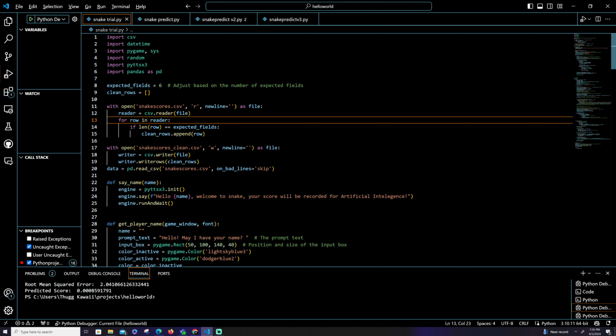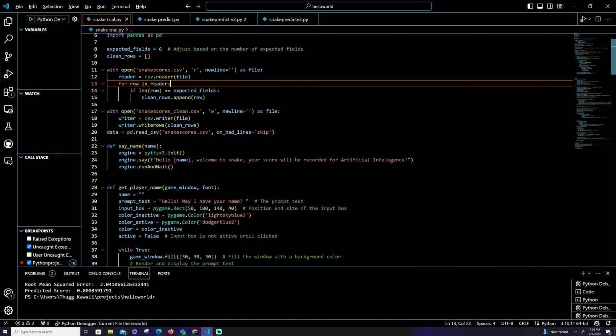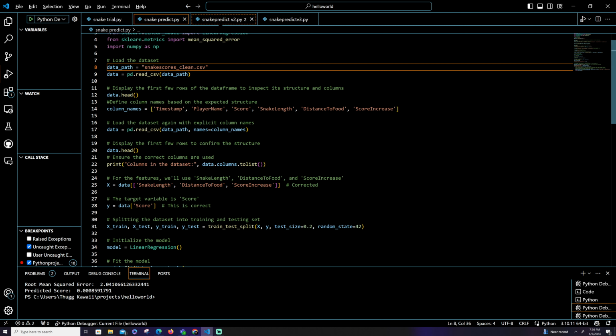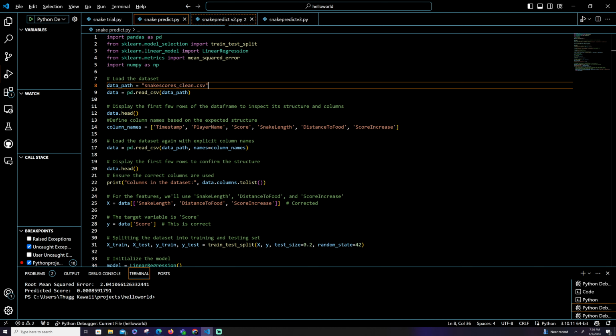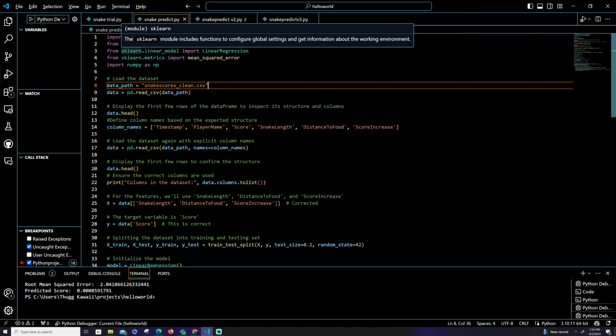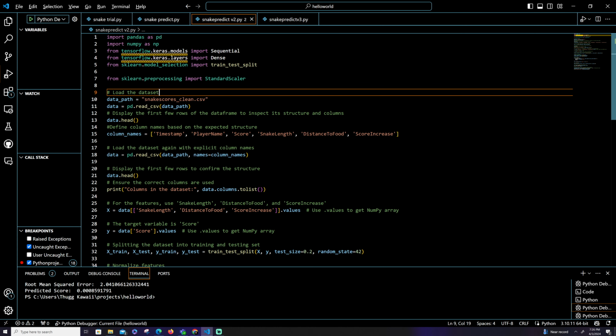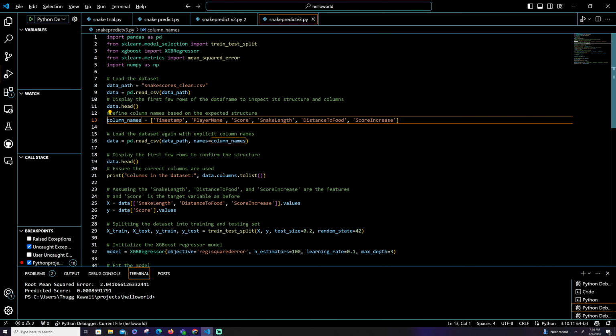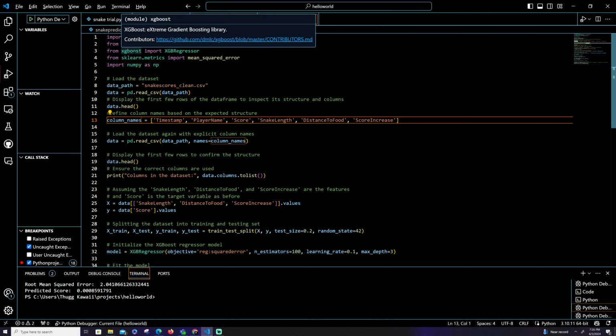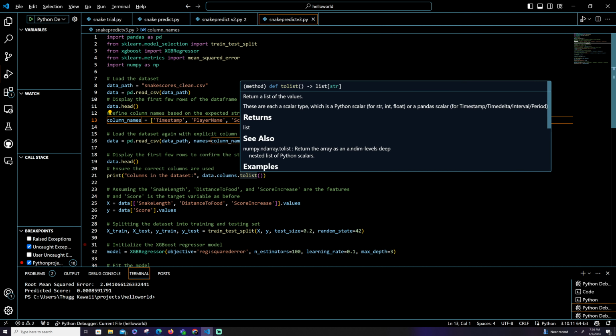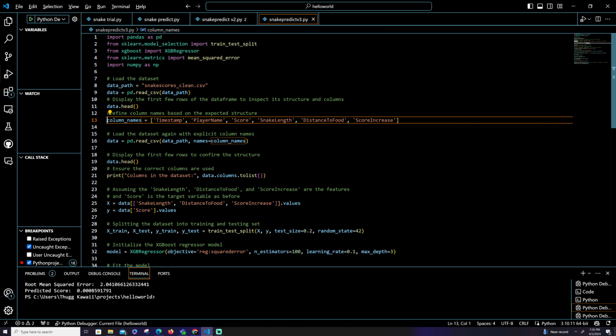So here is the snake game, and I used three different libraries to really learn it. I tried the sklearn one that we were given, and then I used TensorFlow, and then I found this one that's supposed to be really good. It's called XGBoost, and I honestly think this one gave the better prediction out of everything. But this one was weird. It's supposed to be not easier, portable. That's the word they used.